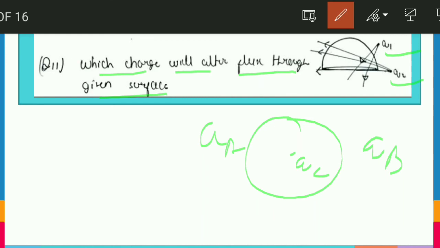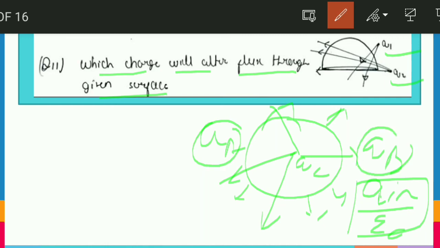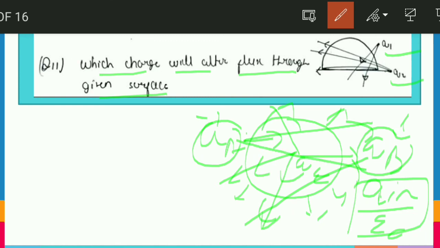You have learned one thing from Gauss law, that the electric flux passing through a closed surface is equal to Q internal upon epsilon 0. How does it come about? Actually friends, electric field passes here, here, here to give a flux. But friends, when we talk about charges which are outside the surface, the electric field they give enters and crosses, again enters and crosses. So a net flux is actually not given by these, because whenever the field enters, it also crosses out.